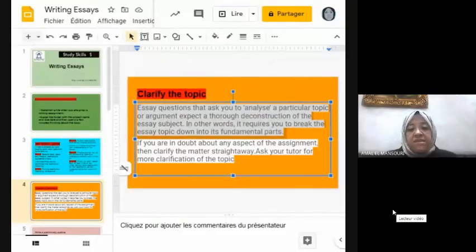So it's very essential to clarify the topic. Discuss question words typically require an in-depth answer that takes into account all aspects of the debate concerning a research topic or argument. You must demonstrate reasoning skills with this type of question by using evidence to make a case for or against a research topic or argument.